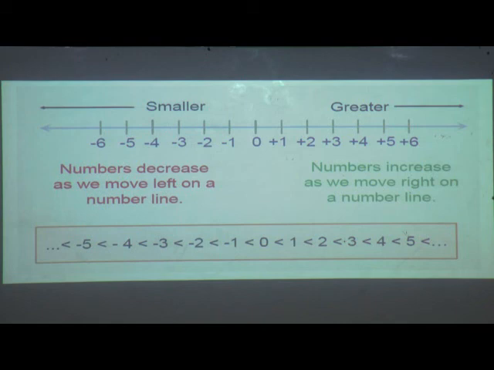You can see here, in this box, 1 is smaller than 2, 2 is smaller than 3. In this way, from both the sides we can see -1 is smaller, -2 is even smaller. So in this way, the numbers as we move towards this side are becoming smaller, and the numbers moving towards the right side are greater.